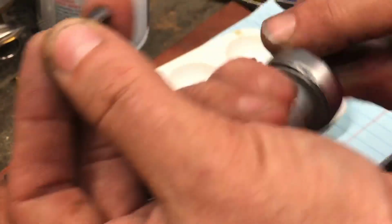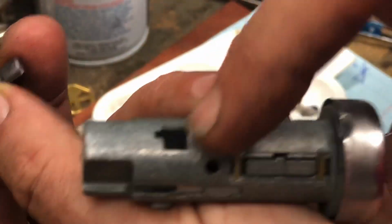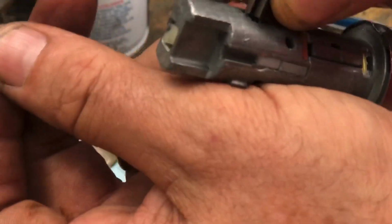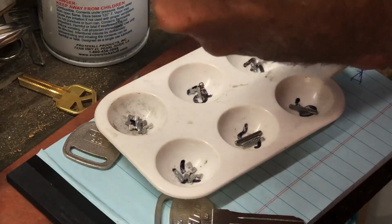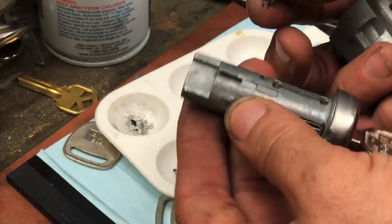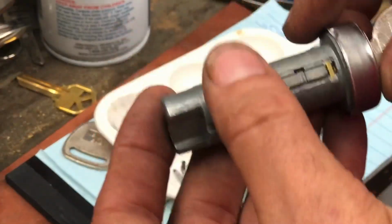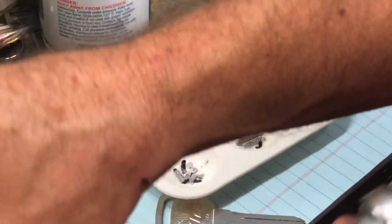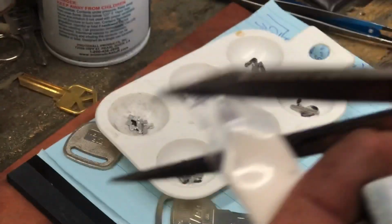You know there's no use for those pins because there's literally nowhere to put those pins. But there is a place to put this pin, and that's right here. And it goes just like that with this spring behind it. So we're gonna hold that upside down, just like that. Drop it in here facing the only way it can go. And then when we put it together, which we're not gonna do until we goo it up, so